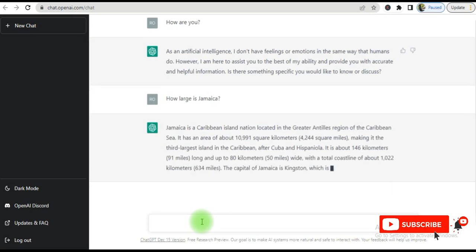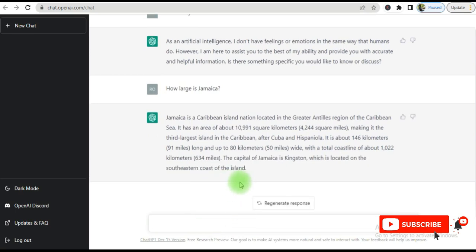I was a bit surprised by this, because when I asked it how large is Jamaica in terms of square miles, I was expecting that it would just tell me that, hey Roger, Jamaica is such and such square miles, or square kilometers. But it did give me some other stuff, and I guess this is part of how it would have been coached to respond. So I stepped up the question and I asked it.